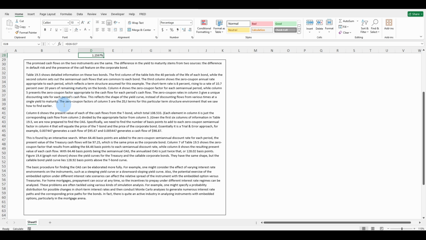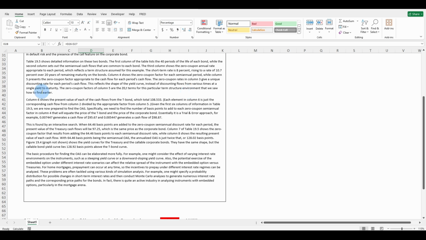The zero coupon factors of column 5 are the zero-coupon term for this particular term structure environment that we reviewed earlier. Go back to continuous compounding in those 4 sections, or look at section 3 in Futures, Forwards, and Zeros. And there's a comprehensive understanding of exactly what I just mentioned. Column 6 shows the present value of each of the cash flows from the T-bond, which total 108.53. Each element in column 6 is just the corresponding cash flow from column 2 divided by the appropriate factor